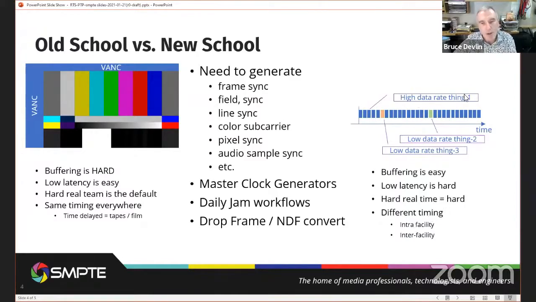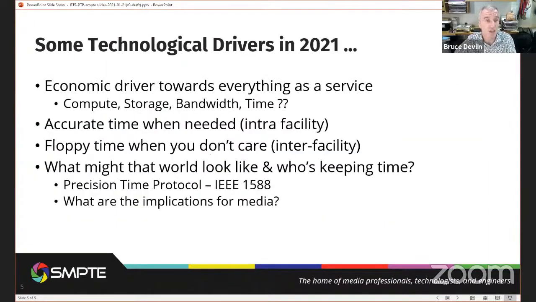And actually, because everything's so flexible, we live in a world where the intra-timing within your facility probably needs to be really, really strict. But as you move between facilities, there are financial and operational constraints that might mean that making that timing constraint a little bit more floppy might be economically attractive to you. And depending on the sort of program you're putting together, the more floppy might be better because it's cheaper or better or something.